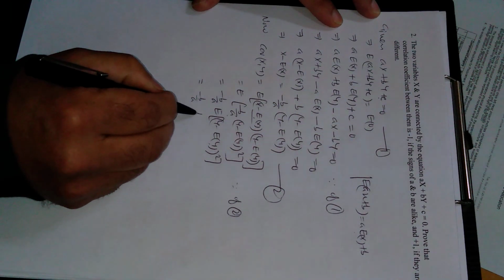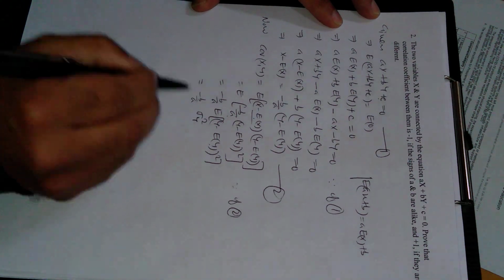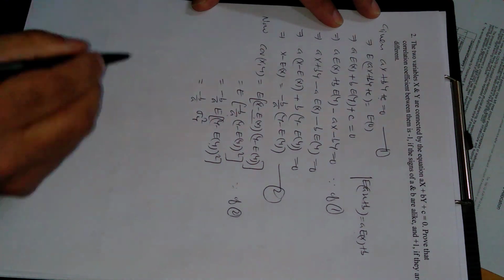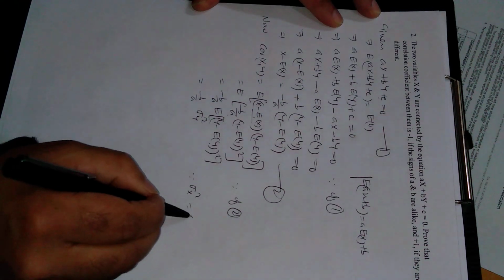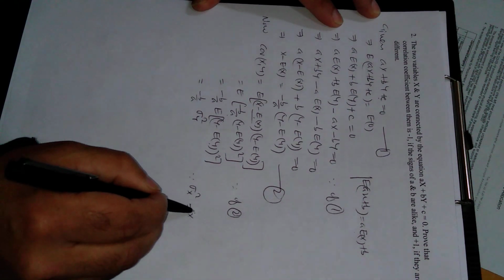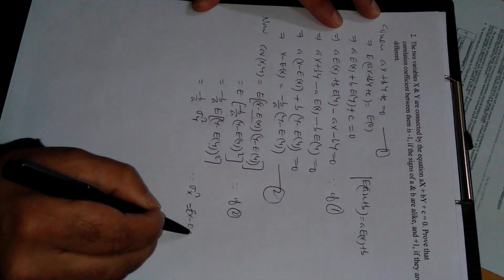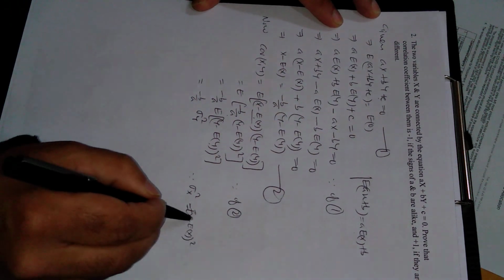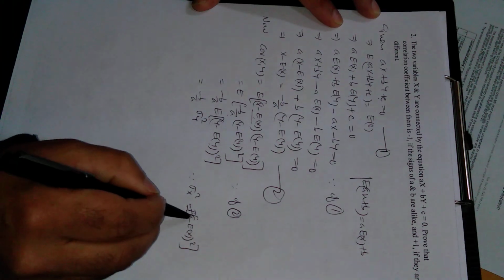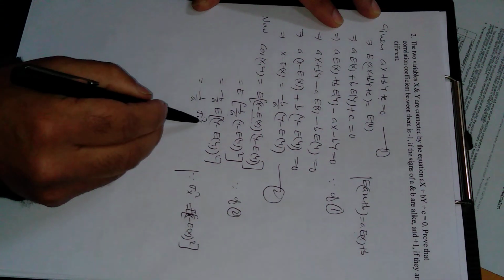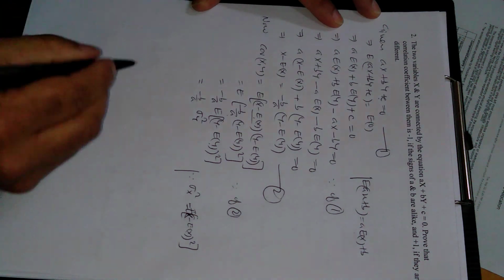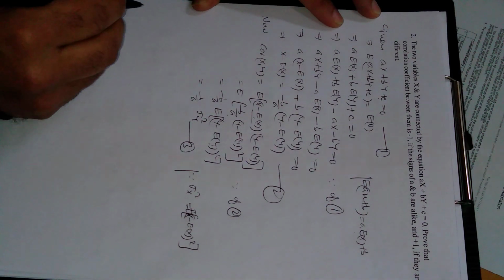And this is clear by definition, this is variance with respect to y. Since we know this type of result, sigma x square is expected value of x minus E of x whole square. So instead of x there is y. So this is actually the formula for variance with respect to y. Let us call this number 3.